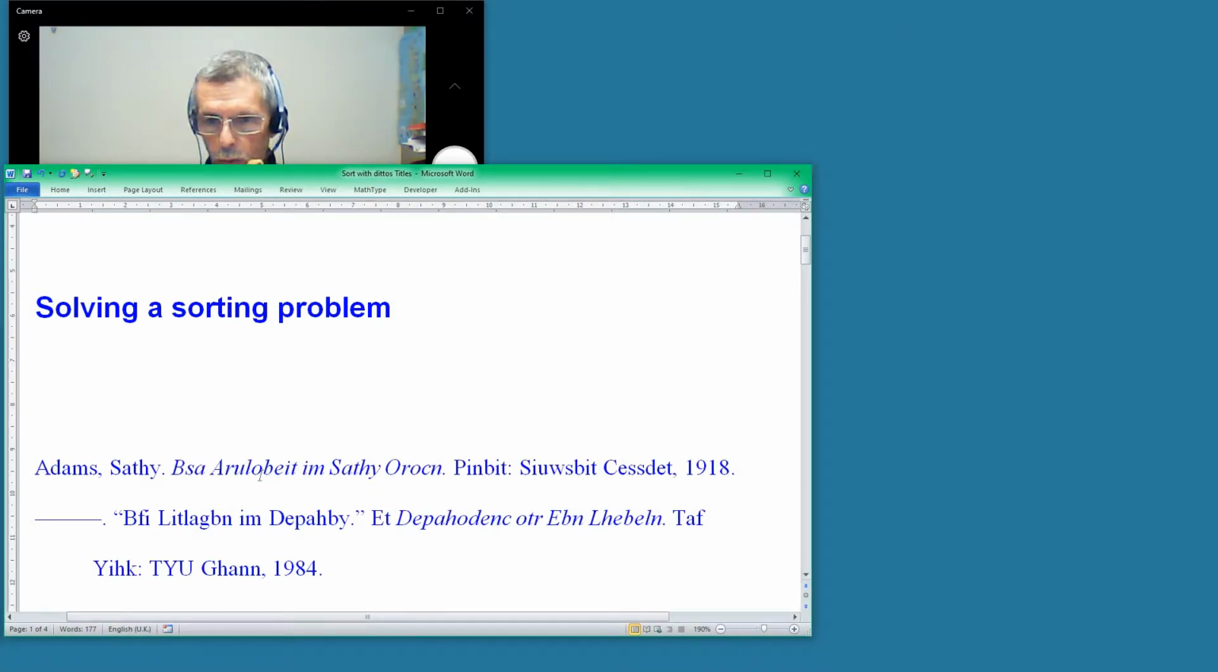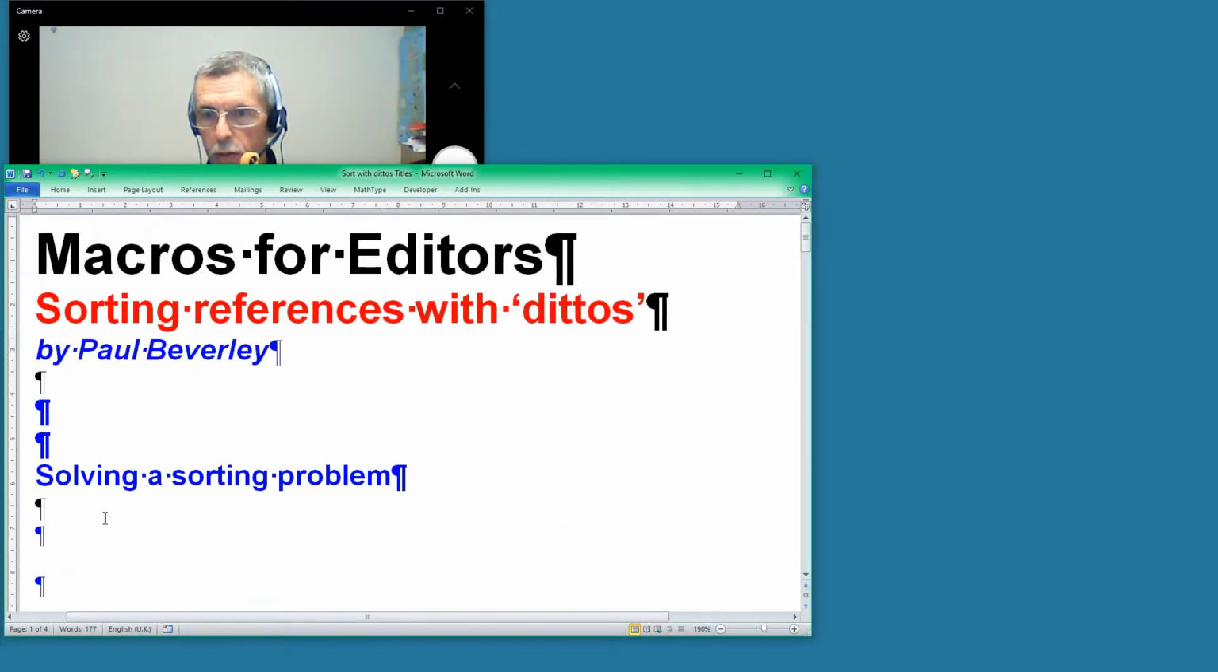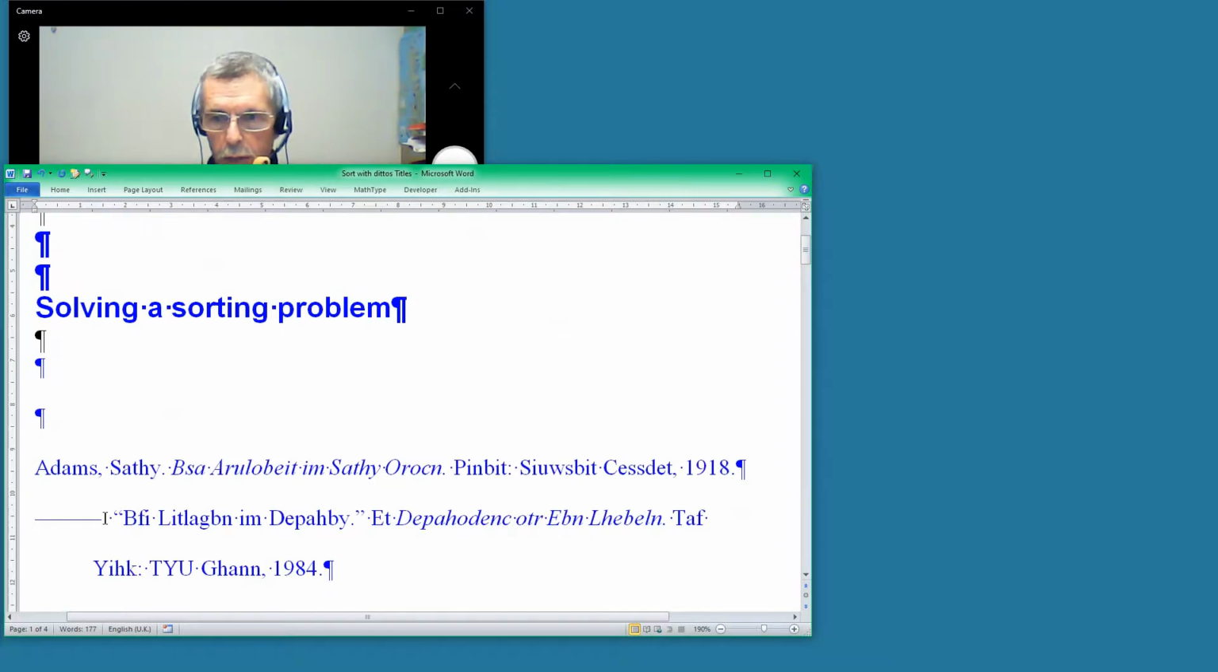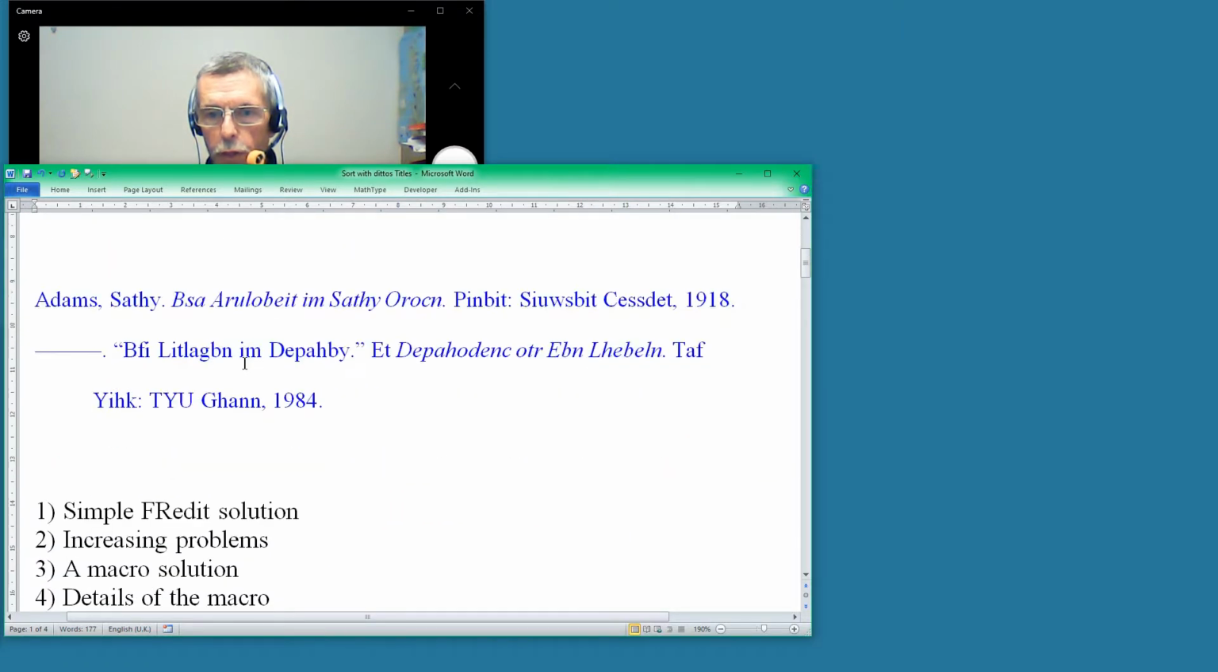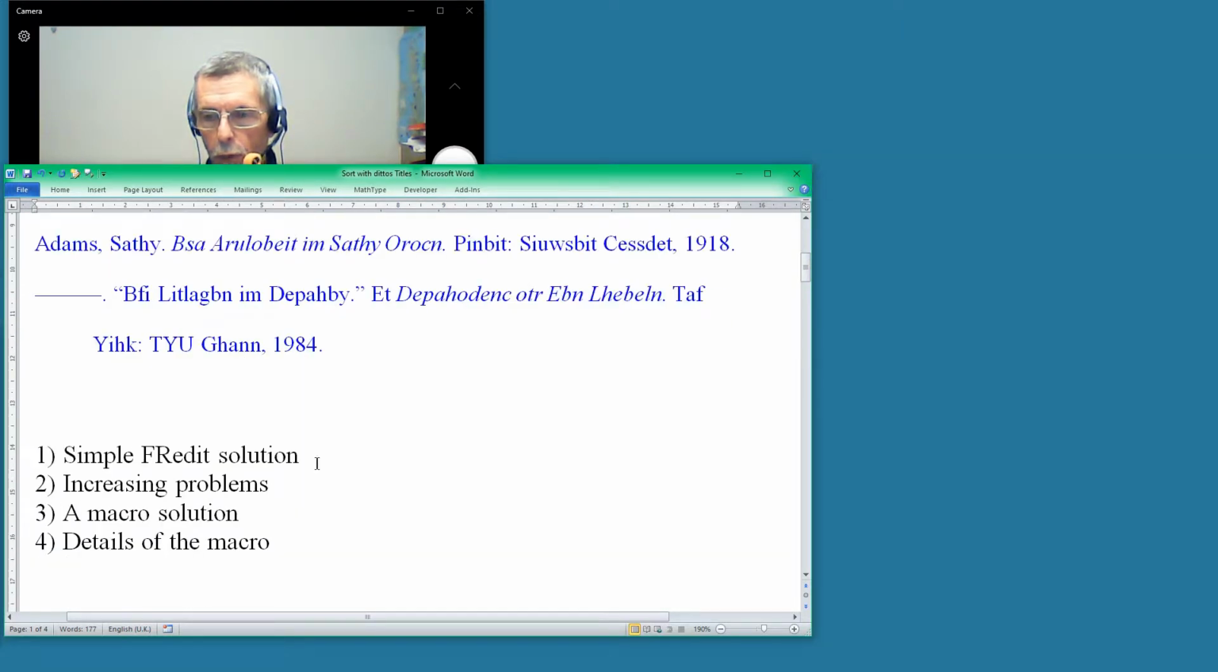the references that we're trying to sort, if I switch the visible formatting on, you can see there that Adams has one reference, and then Adams has a second reference, and you've got, I don't know what you call these things, but I've just called them dittos. So we've got a ditto, and obviously those two lines are going to be held together in the sorting. So if I get rid of those, what I'm going to do is go through the process